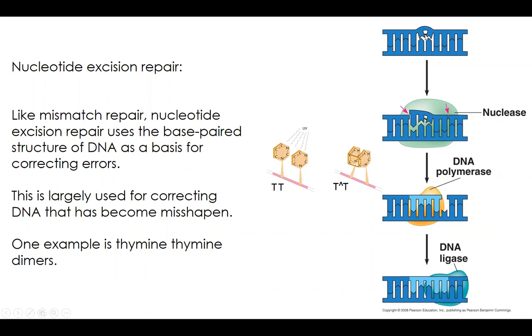tries to replicate this using this as a template, it doesn't know. It's like, what is this? Do I put two nucleotides here? Do I only put one? Do I put three? What is going on? So we have to fix this if we don't want to propagate mutations downstream. None of the nucleotides have changed, but because of this distortion, we're going to have problems if we